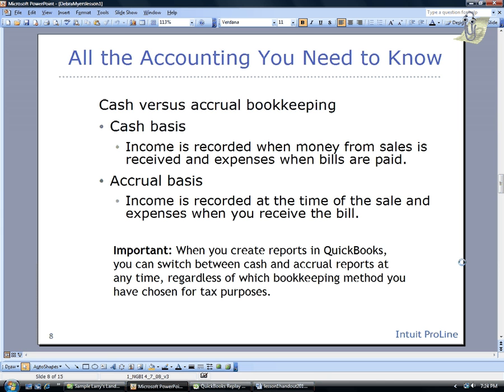Cash versus accrual bookkeeping. Cash basis. Income is recorded when money from sales is received and expenses when bills are paid. Accrual basis. Income is recorded at the time of the sale and expenses when you receive the bill. Important when you create reports in QuickBooks. This is especially